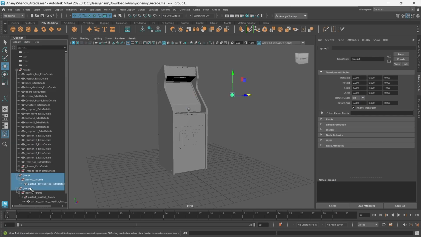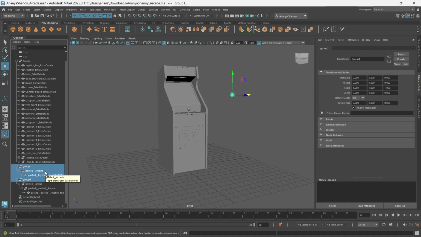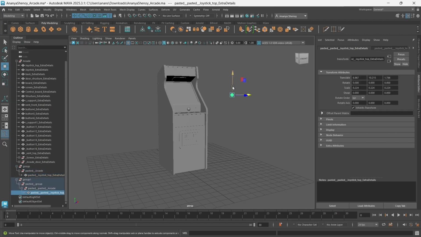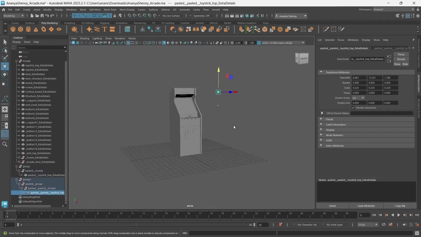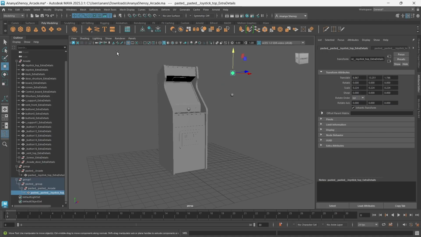So you do want to get rid of these as well, but it's going to be very challenging to go through each and every group and find where the object is. So an easy way to go about that is, let's select, so these are my two objects. If you have multiple objects in your scene that are within groups, you can select all of them. So let's say these are my two pasted objects within the group.